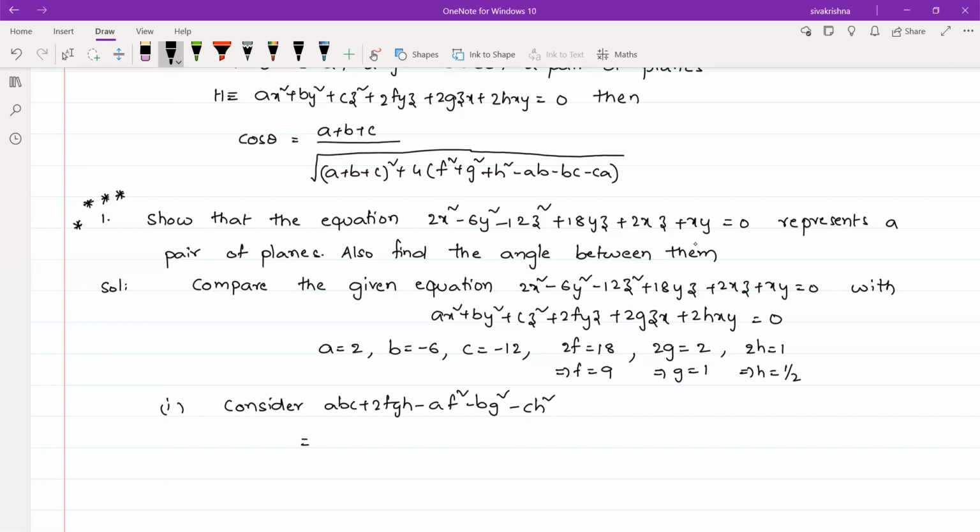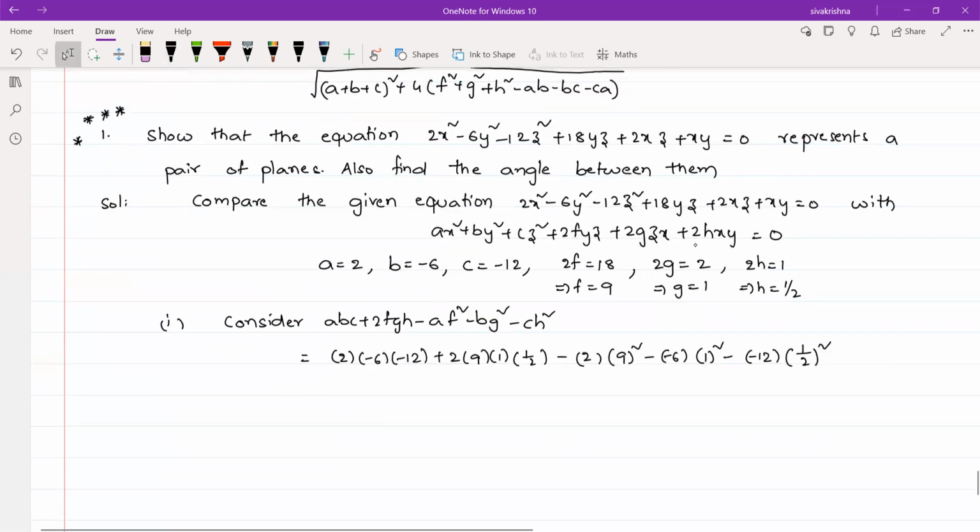So this is equal to abc. I am substituting the values. a is 2, into −6, into −12, plus 2 into f which is 9, into g which is 1, into h which is 1/2. Next, minus a, which is 2, into f², that is 9², minus b g², so minus (−6) into g², 1², minus c h², once again minus (−12) into h², which is (1/2)². On simplification we get